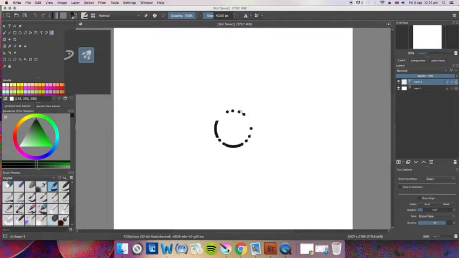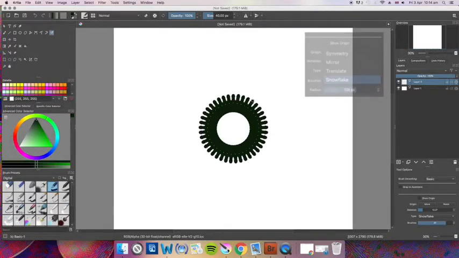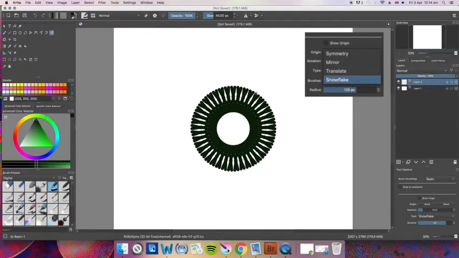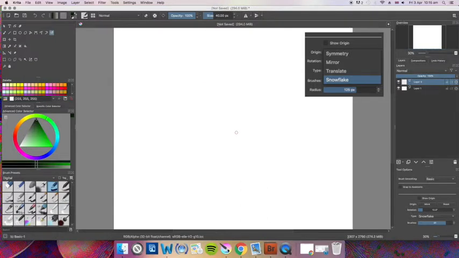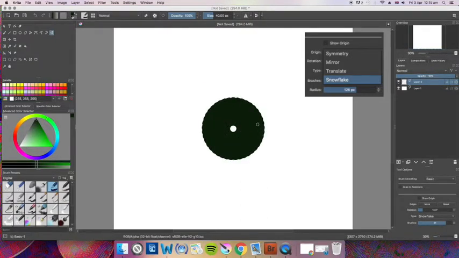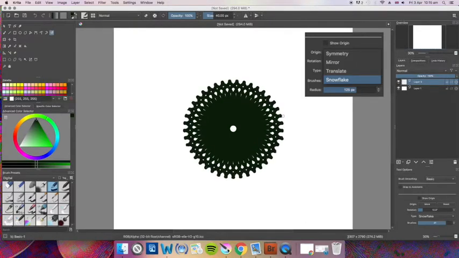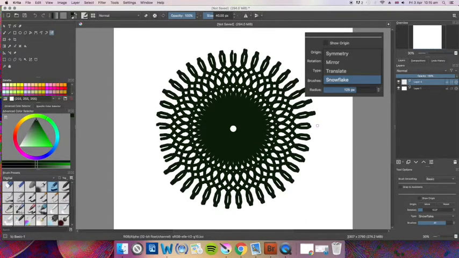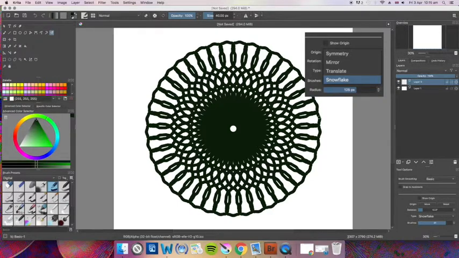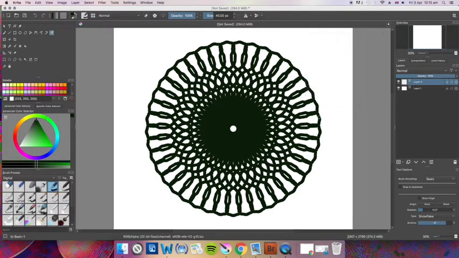As you can see, if you click on the tool with the little fan type shape on it, a dot comes up and gives you different options. So you've got snowflake, which I'm designing here now. This is the snowflake option. There's about 4 different options.